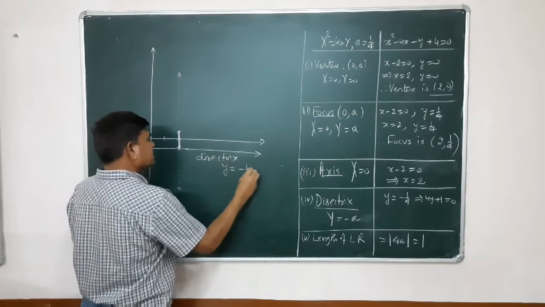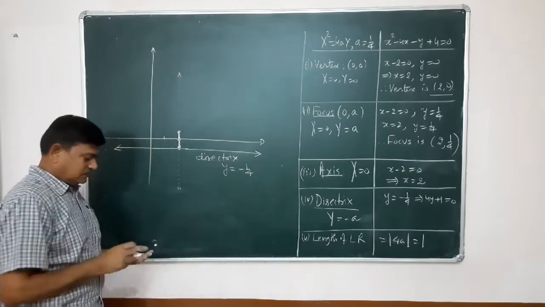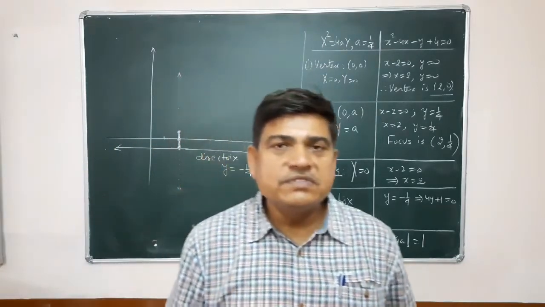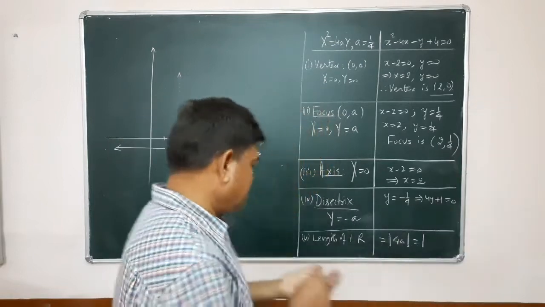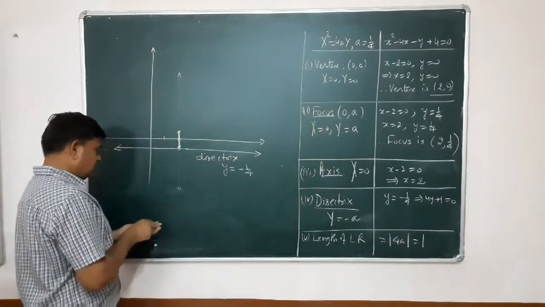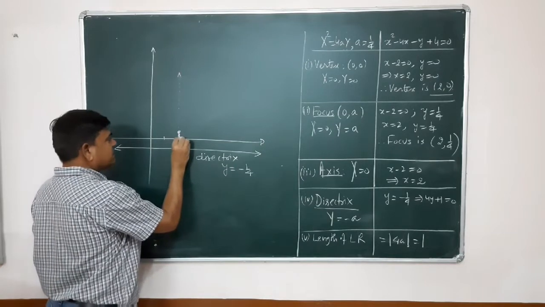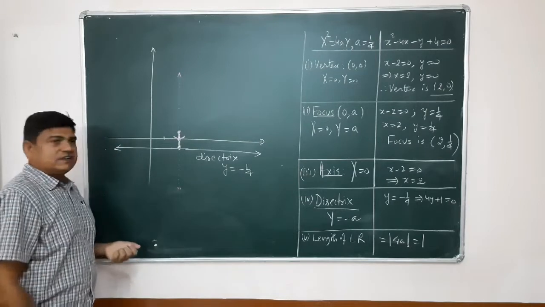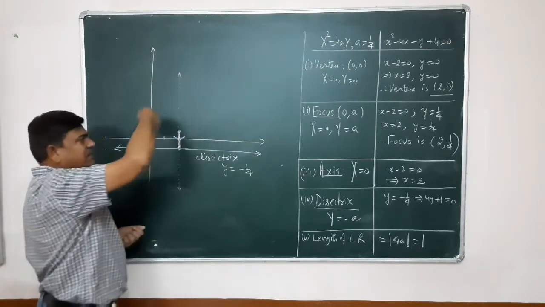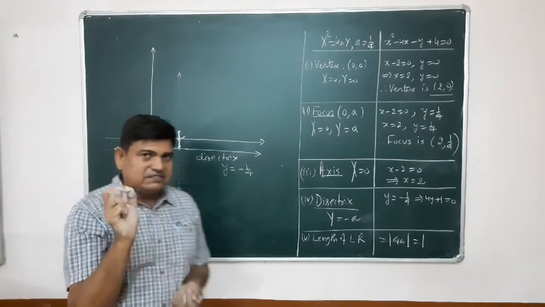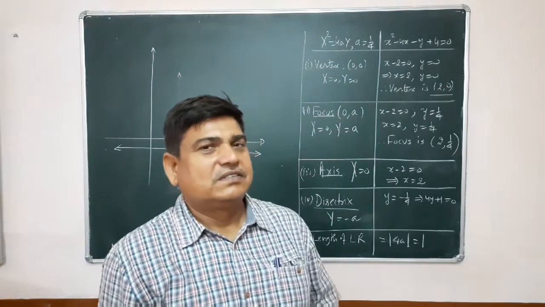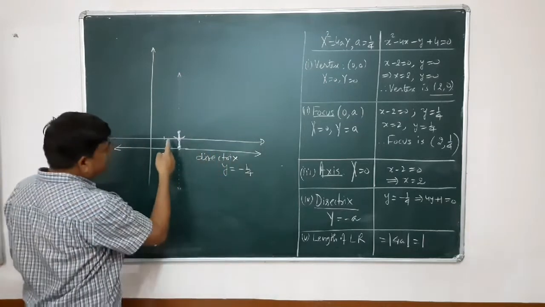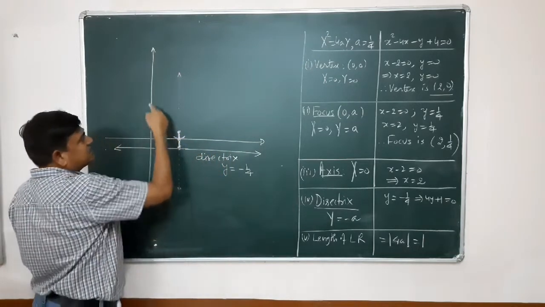Y equals to minus 1. Parabola always opens towards the focus. Here is the focus. Towards means it will open like this. Yes, I can draw the parabola easily, but it is a little bit technical. How? If we draw the parabola, then this branch, this side,